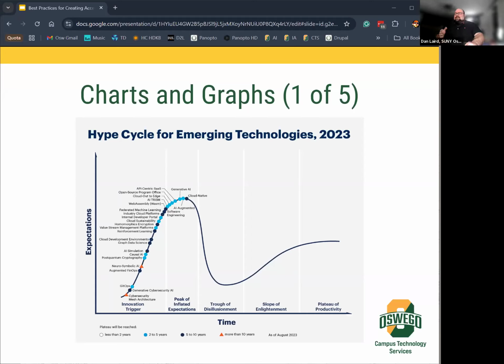If you've got something like this, it's best, if you have a screenshot, to zoom in on the part that you want to describe. Don't leave it like this, because even people in the front row will have a hard time reading text this small and bunched together. So try to avoid doing that.